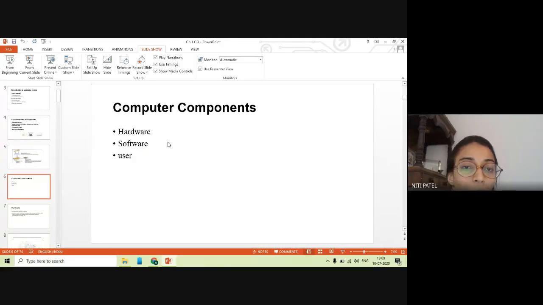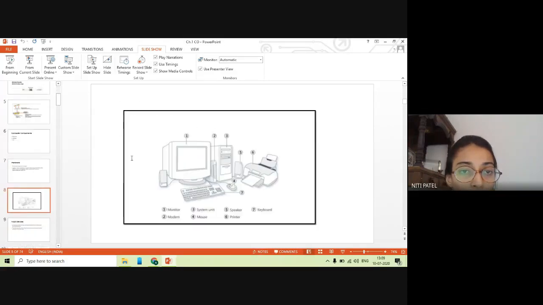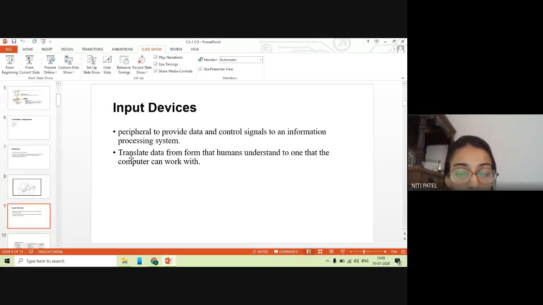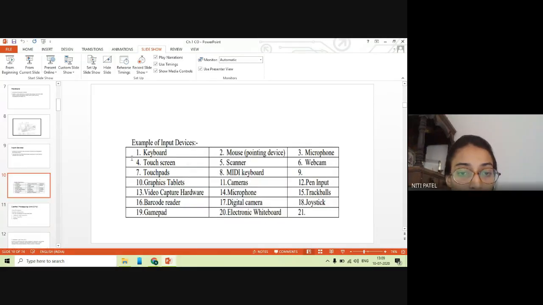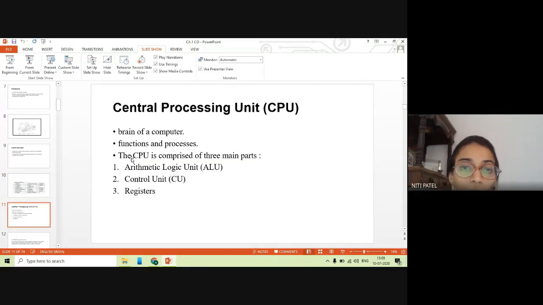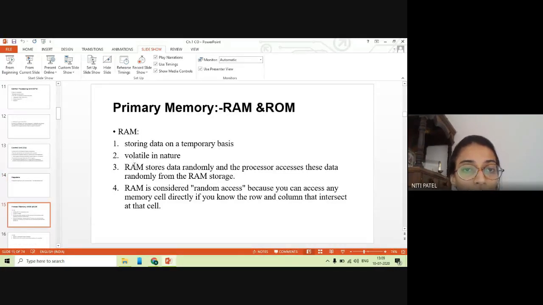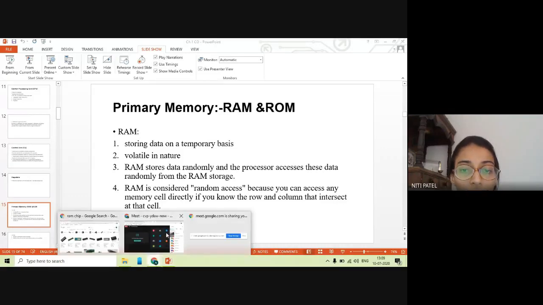After that, we have seen the components: hardware, software, and user. What do you mean by hardware? Which are the different types of hardware? What is input devices? What are the different types of input devices? Then we have seen what is CPU, what are the parts of the CPU, what is the function of each and every part. Like ALU performs all the brain work, control unit will do all the controlling right from the input till the output. And if I want the data to be stored for the temporary purpose and to be accessed at a very fast speed, I will store it inside the register, which is nothing but the cache memory. Okay, so with this we end here and we'll be continuing with the memory part from the next lecture.